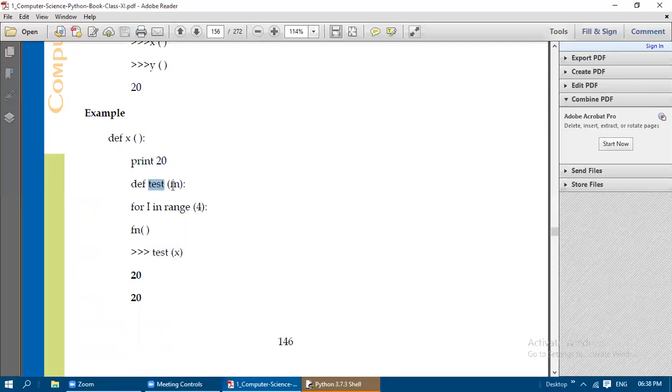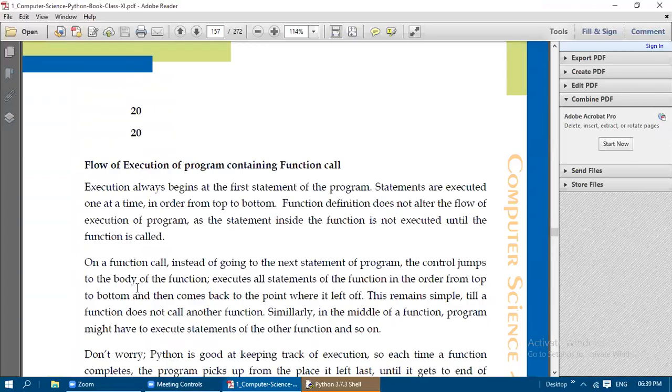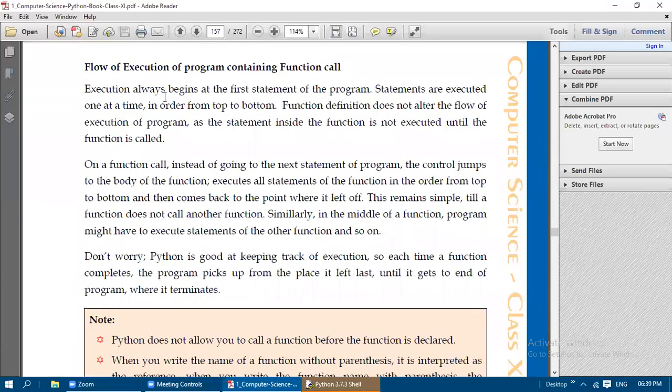Here this fn needs to be assigned with x as some value. So for i in range 4, 20 is going to be printed four times. The same 20 is going to be printed how many times? Four times here.